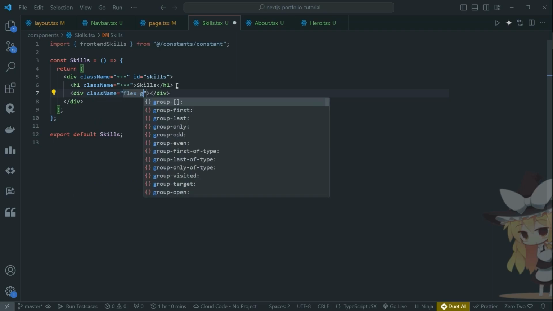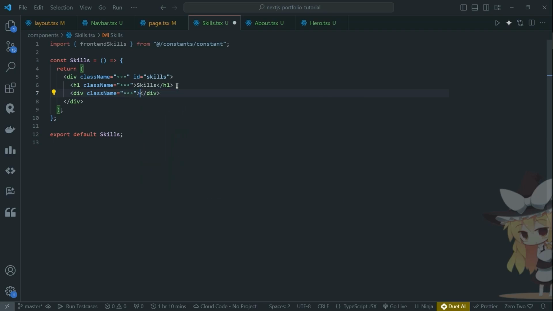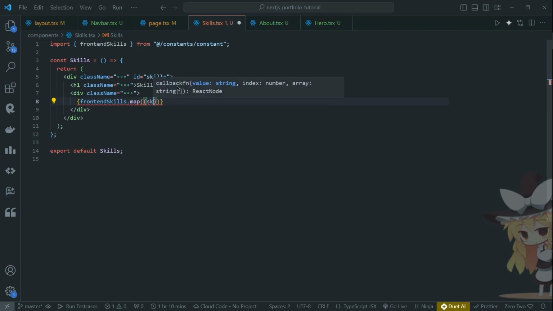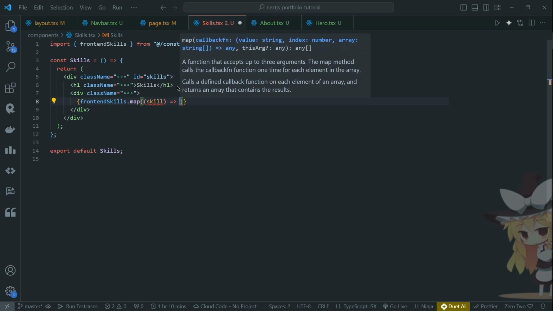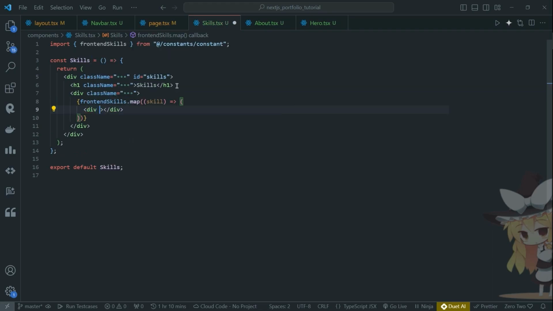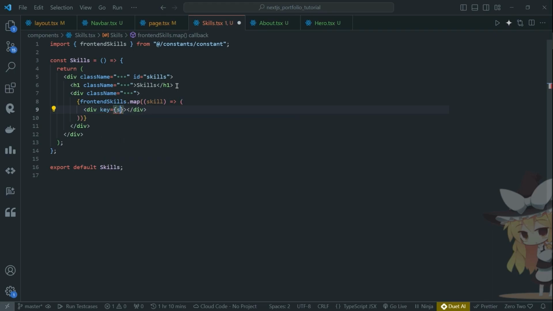So display will be flex and gap will be 8 pixels, and flex wrap. Front-end skills dot map skills, we can call it skill. We will also create again a div with key will be skill,